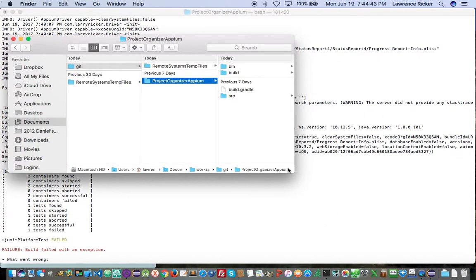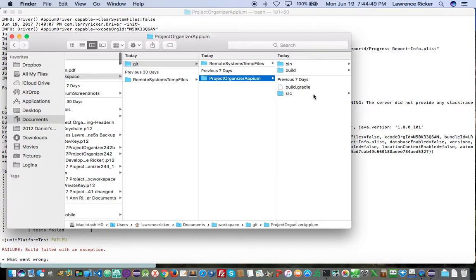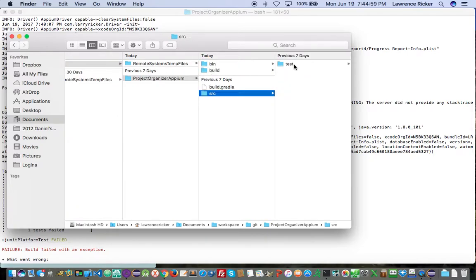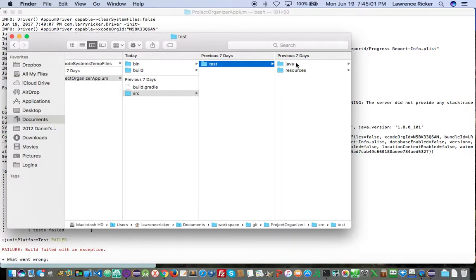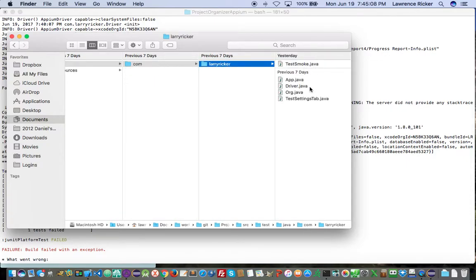And you could position the view however you wish. And then you have all your source code in the src directory. When we set up Gradle, we set it up as source test main, and that's where the source is. And then that's our source test Java, and then com Larry Ricker's the packages,